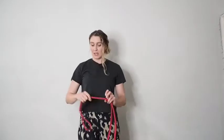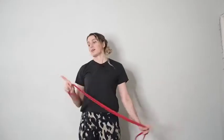Okay, so we're going to do a similar sort of thing with same sort of motion with the shoulders, except you're either going to use a resistance band or you're going to use a broomstick. The resistance band is actually slightly easier because it has a little bit more give in it, so it can allow you to kind of increase your shoulder range if necessary. So what I would say is we'll start off with this one and then I'll also show you with the